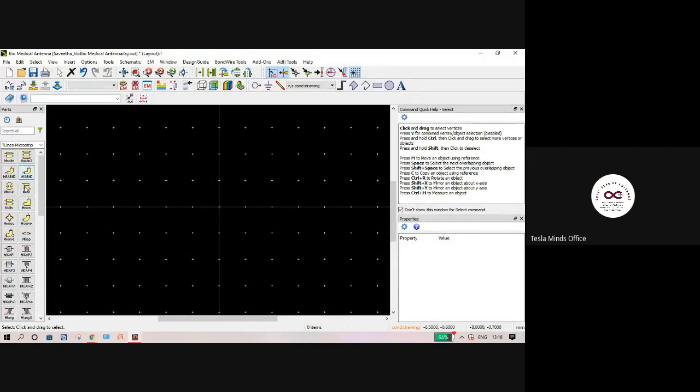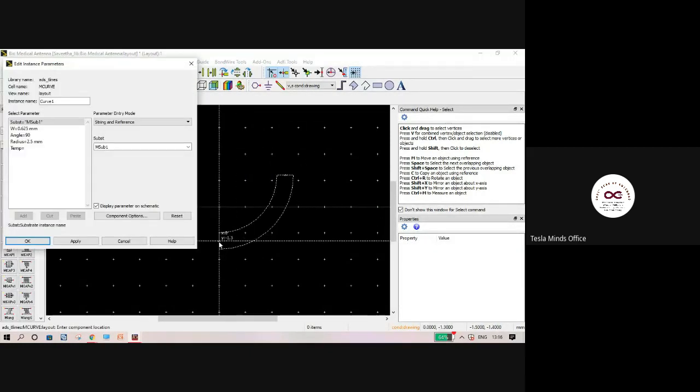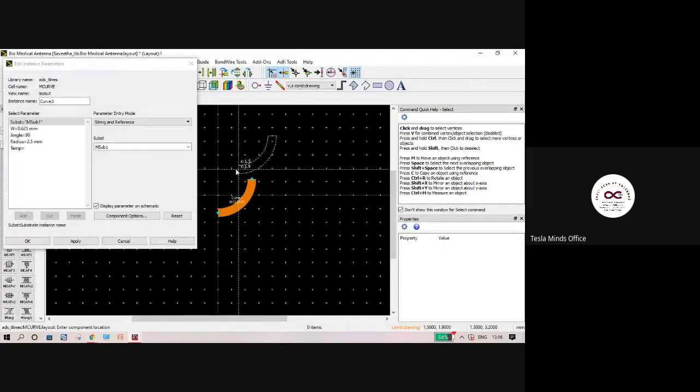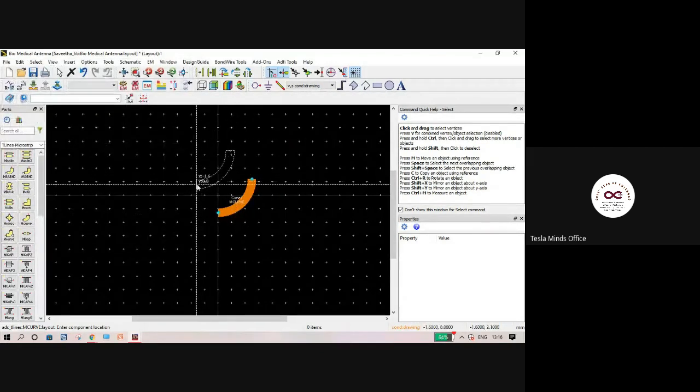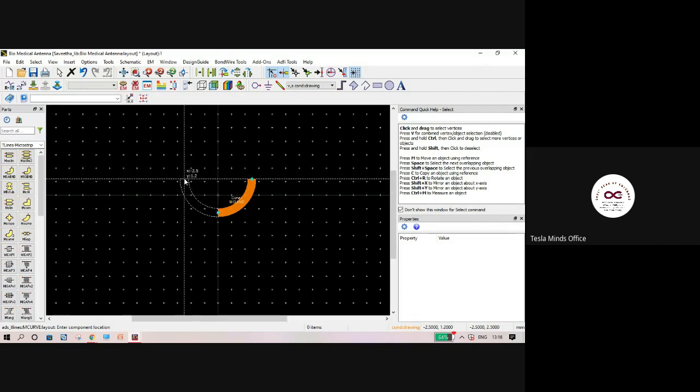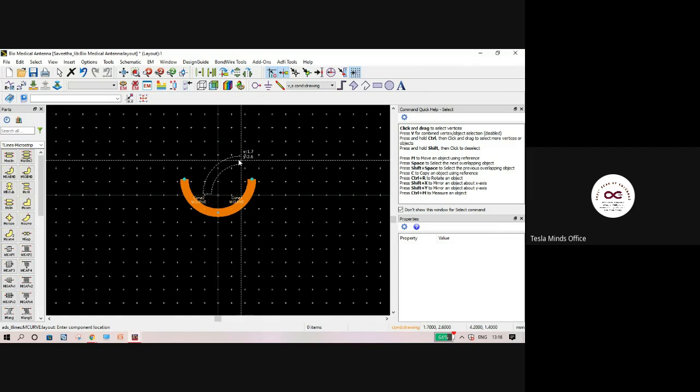For example, if you want to create a toroid, I can create a circle like this simply by placing a circle here.